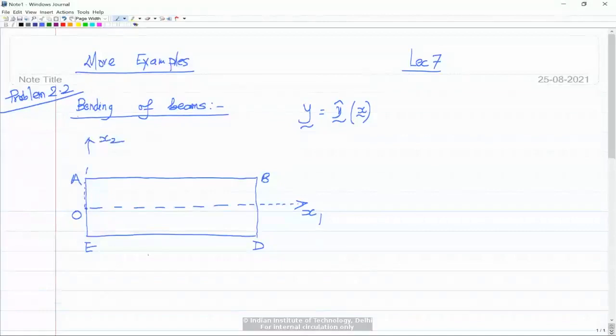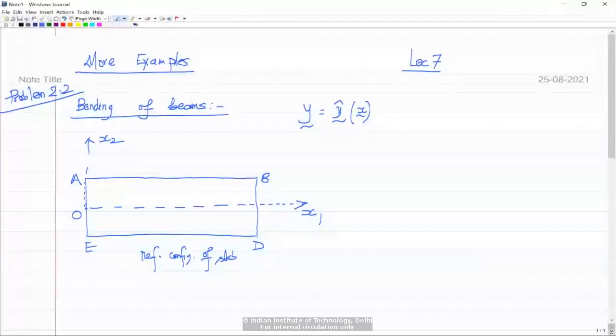So that's a reference configuration of the slab. It's just a planar picture, but you can think that the slab is also extending in the x3 direction, which you can say is like the thickness. And this thing then becomes the height. And what comes out of the paper, that's the thickness, or you can say width. Okay, so if I ask you what is